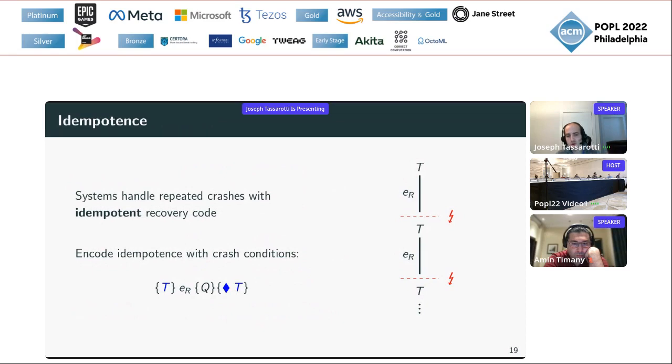All right. So we can formalize this idea of idempotence through the use of crash conditions. In particular, if we make the precondition of our recovery procedure be some assertion T, and then we require that the crash condition is also T under the post-crash modality, then we get something like the diagram on the right here, where we'll know that we can restart and assume that T still holds when we need to rerun the recovery procedure after repeated crashes. So this is what enables us to consider arbitrary numbers of crashes, but we just prove one quadruple once and for all about the recovery procedure.